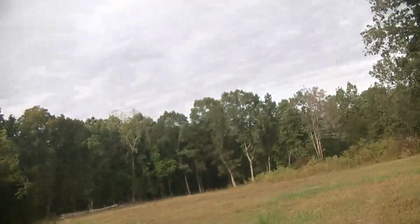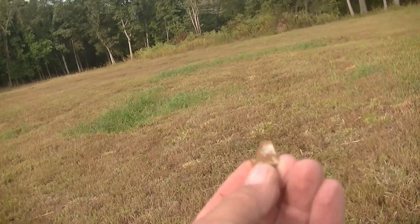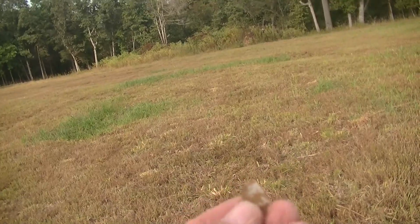Oh, there's another one right there, another flake. I know it's not fancy. There's another flake right there. So again, that could be a point just as easy, though. So I'm going to go up here